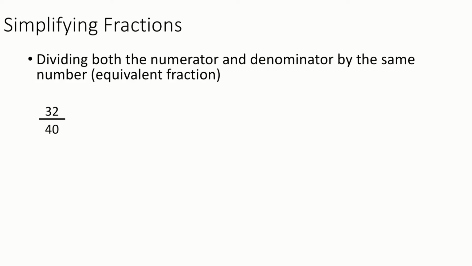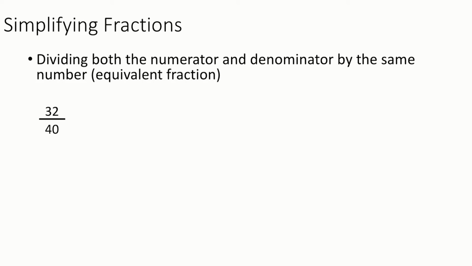What we need to do is look for numbers that divide both 32 and 40. You can get to the simplified or reduced form in one step if you can spot the greatest common factor between 32 and 40. Sometimes you can just see what the greatest common factor is by looking at the numbers, but that can take some practice, and with larger numbers it's pretty hard to spot. So a simpler way to do it is just to start with any number that divides 32 and 40.